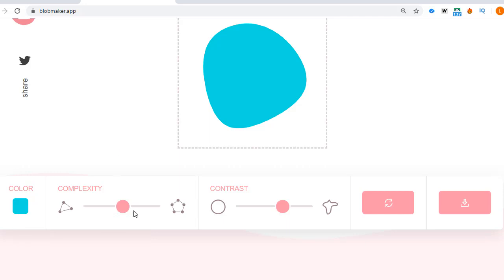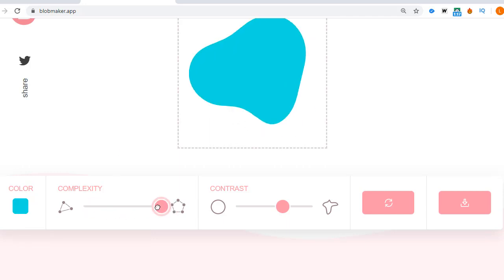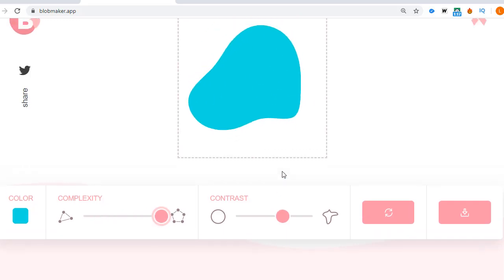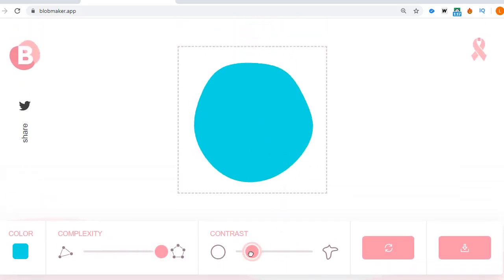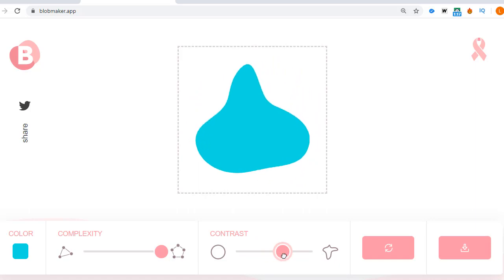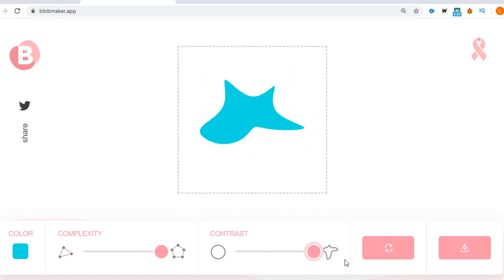You can move this shape anyhow you want it. And it will be changing. You can now go to contrast here. You can click from here to here to make a cycle. You click it, you move it here to make something else. The other shape, you come here, you drag it anyhow you want it. You see, it's making a different shape.